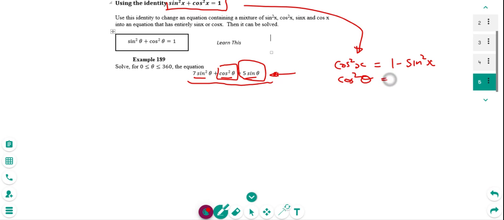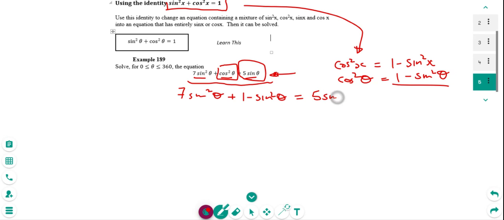So cos squared theta equals 1 minus sine squared theta. We're just using theta to represent an angle, just like we were using x to represent an angle. So I'm going to replace the cos squared theta by 1 minus sine squared theta. So what I'm going to get is 7 sine squared theta plus 1 minus sine squared theta equals 5 sine